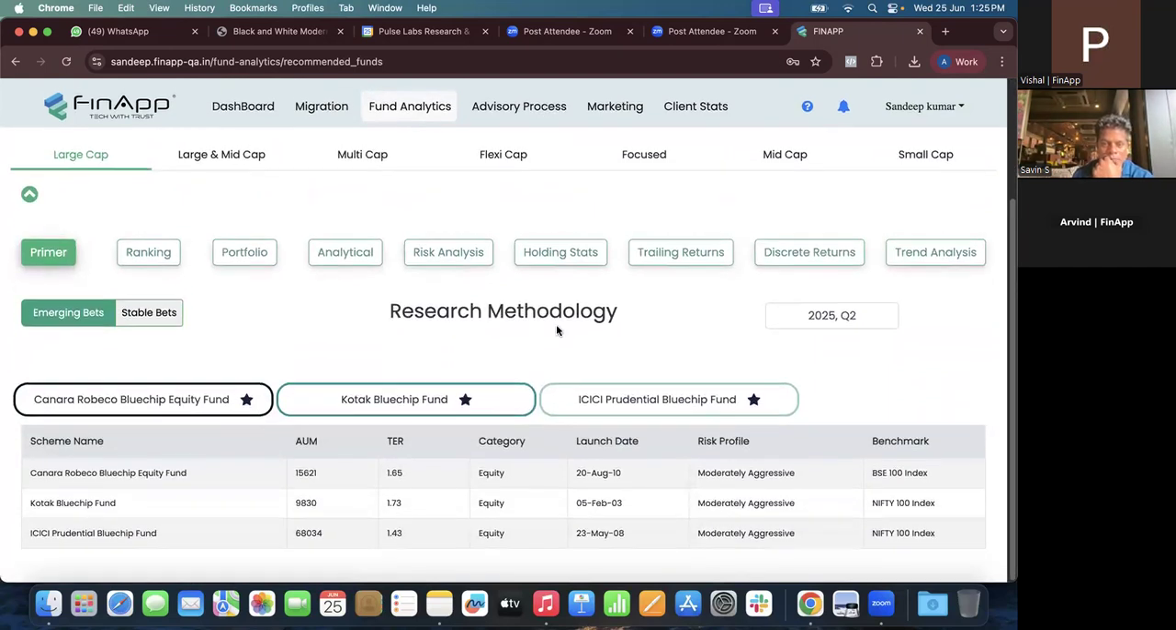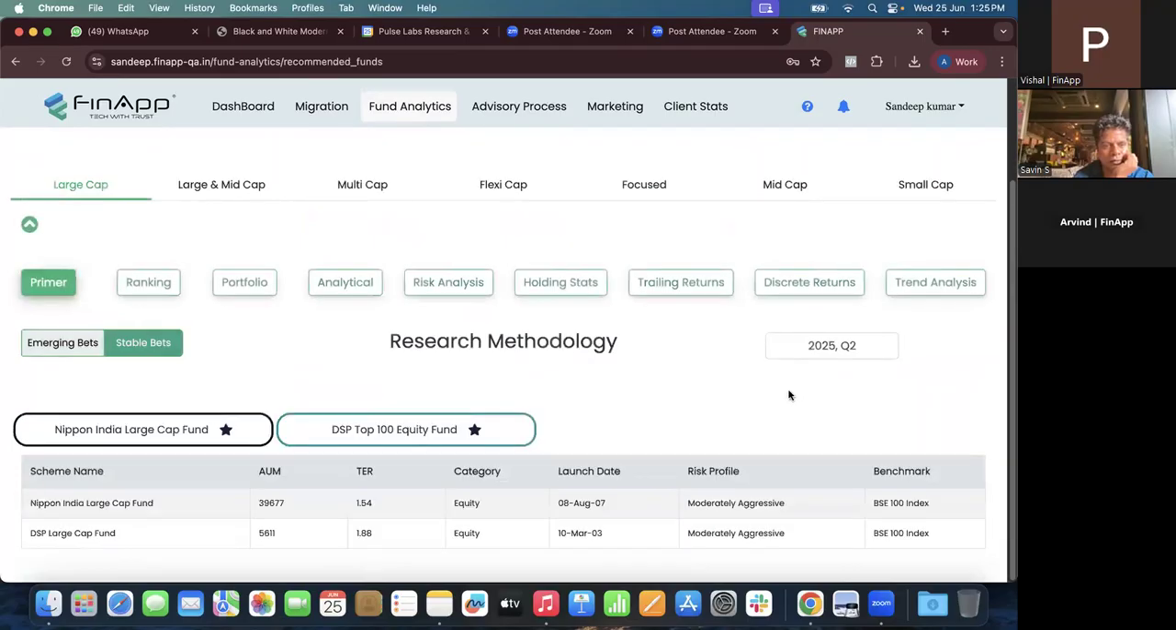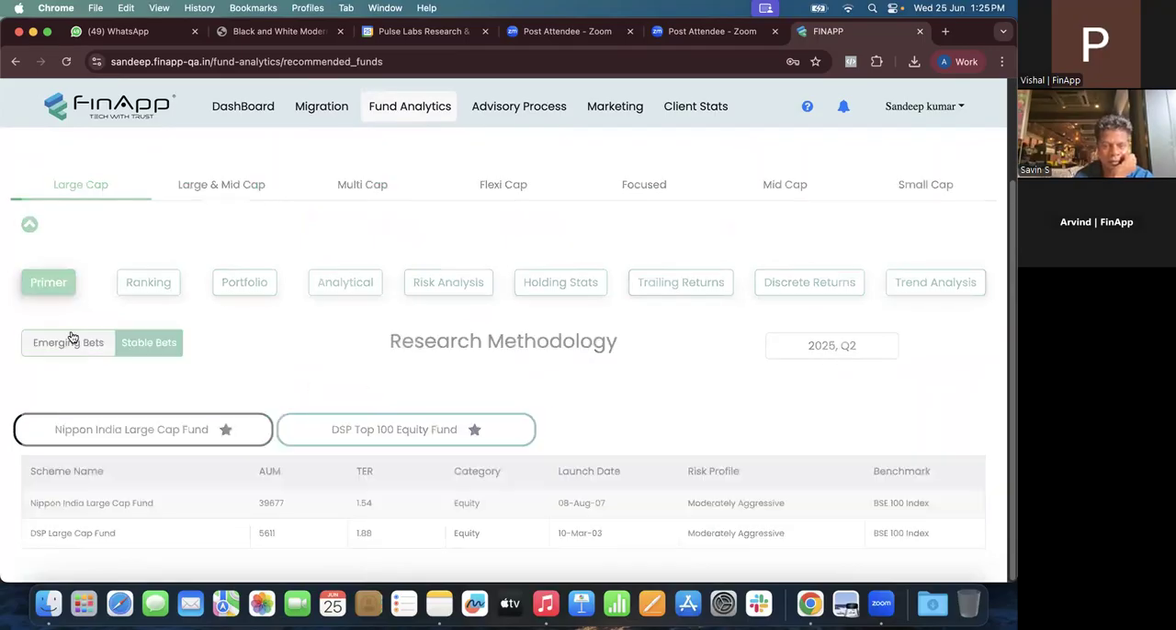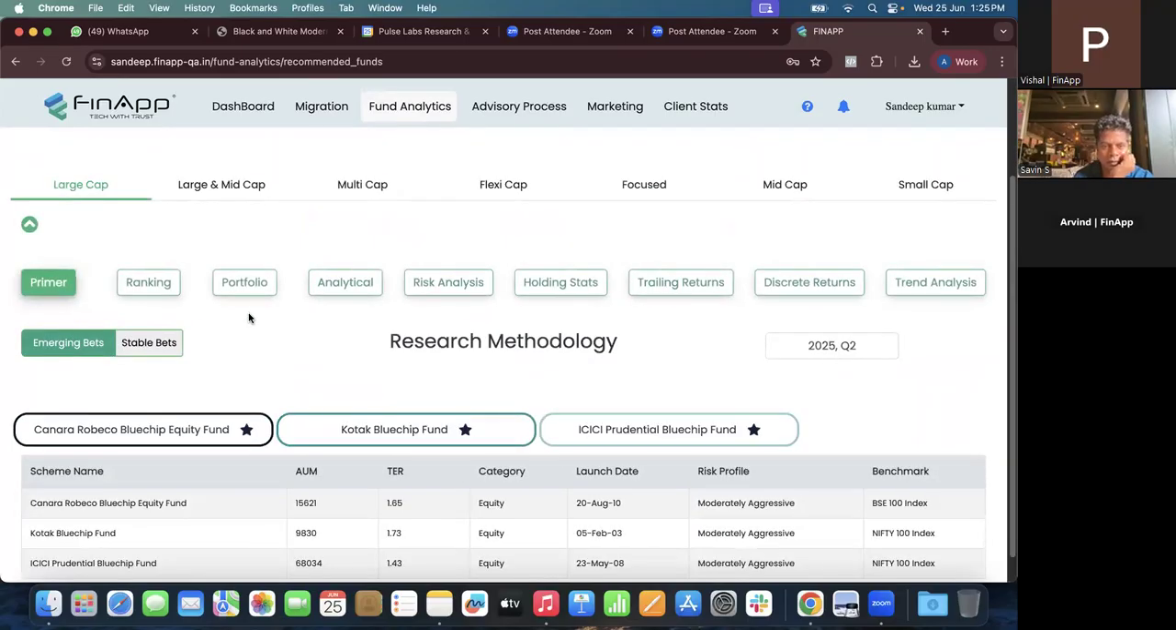With our research, we are giving you two insights. One is emerging bets and one is stable bets. This is a quarterly exercise which we do with our own internal research. And based on that, there are